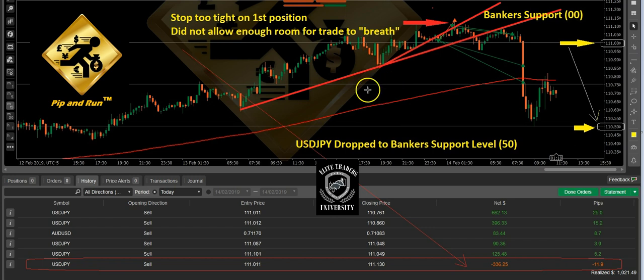which are banker support levels, and you can see how price is consolidating around those levels before moving on. So we see as price is moving up in this kind of uptrend, it's really getting tired. The waves are overlapping, there are small body candles, more red ones and green ones, and then we break a trend line. Now, I went short on a break of the trend line, and I had a stop above the high,